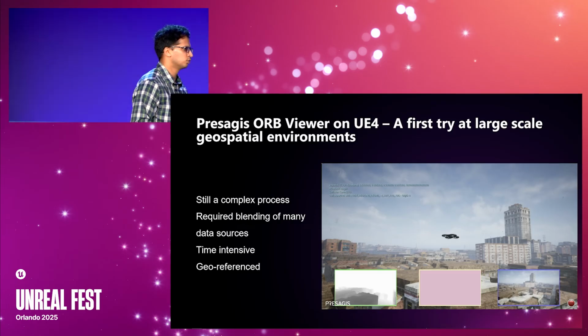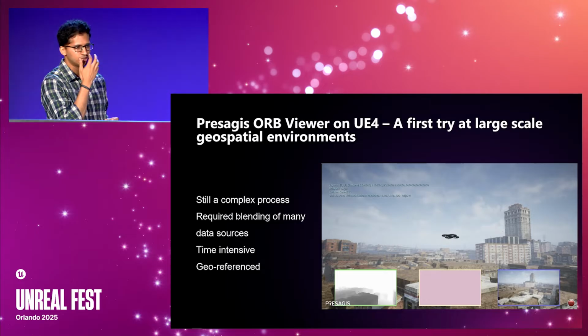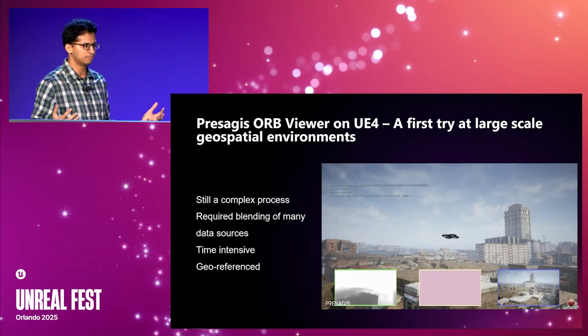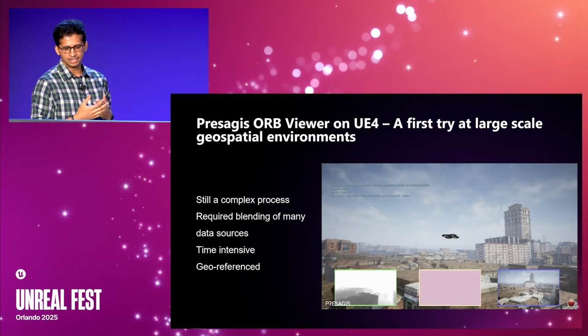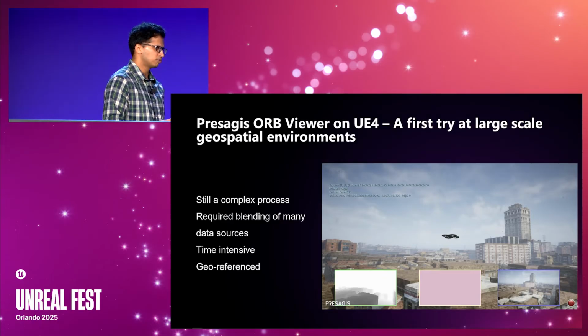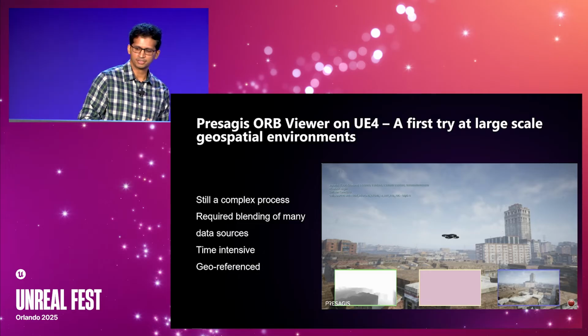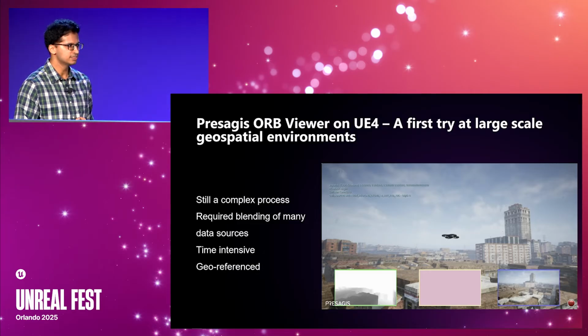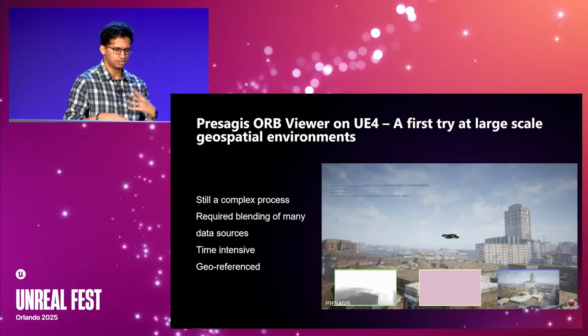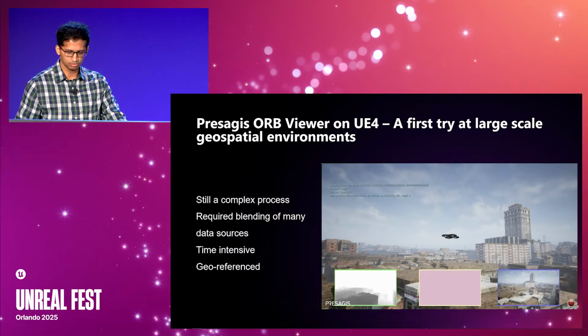You actually had to go through a lot of work on a per region basis to get those tiles ready, make sure you've got the right terrain, maybe from USGS or something like that. And overall, it was somewhat time intensive. So although the intent was there to simulate a lot of georeferenced scenes, it did involve a lot of effort. That brought up the question, okay, how do you solve it going forward? Especially with robots hoping to become more integral parts of daily reality.